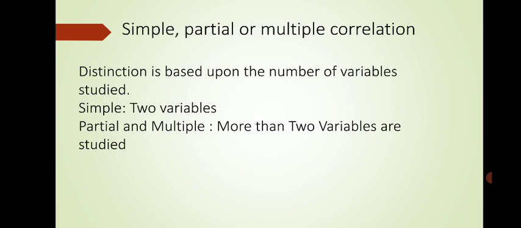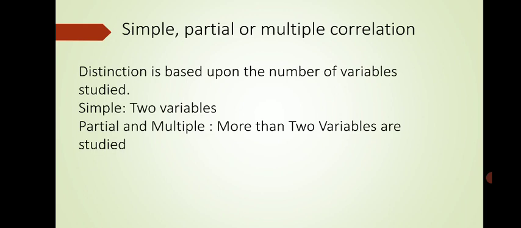For example, when we study the relationship between plant yield with the number of pods and number of clusters in pulses, or the relation between agricultural production, rainfall and quantity of fertilizer used, it will be a multiple correlation. So at a time we can study three factors or three kinds of variables.